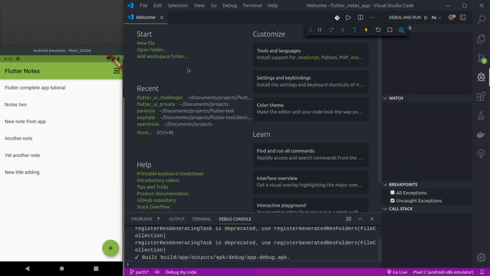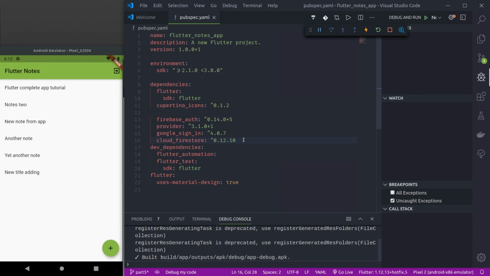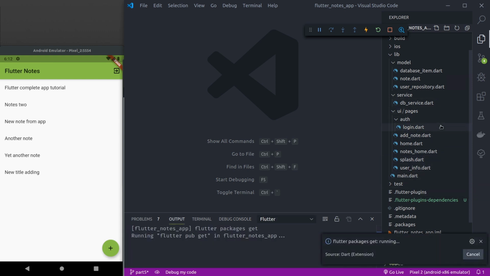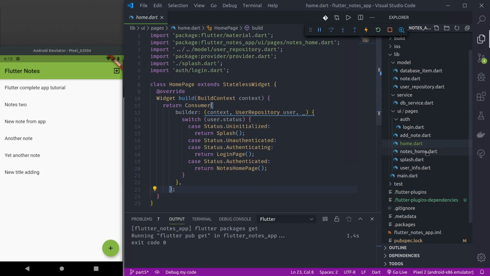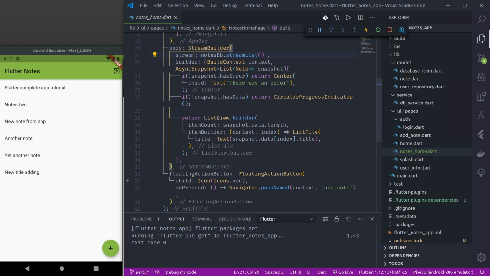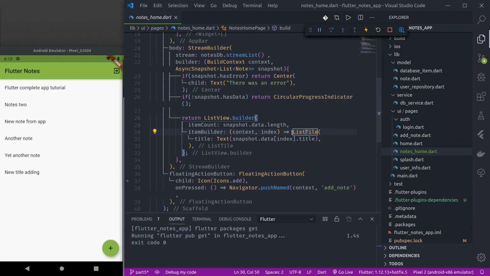So here, in pubspec.yaml, let us add this dependency. Okay, and pub get should run in a while. Before that, let us see notes home. Okay, so here is a list view item builder. It simply uses list style. So what I want to do is, instead of this list style, I want to develop